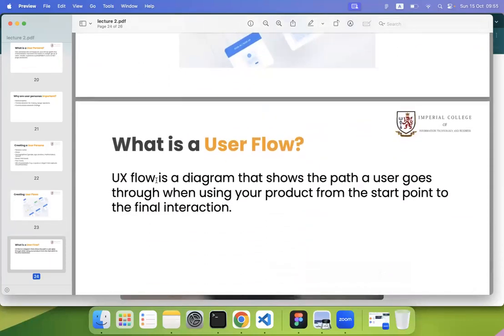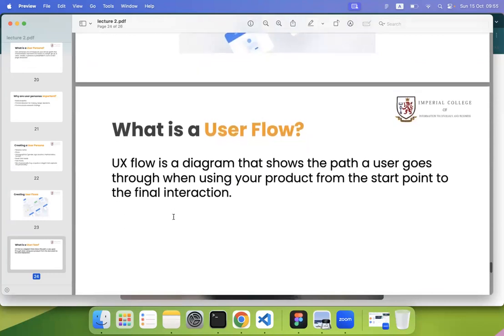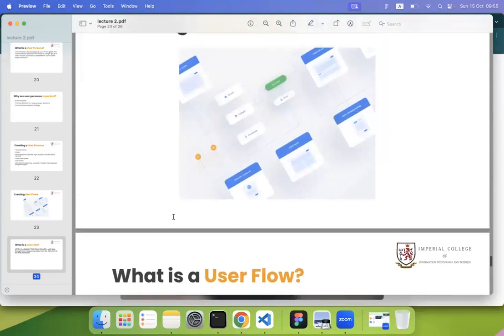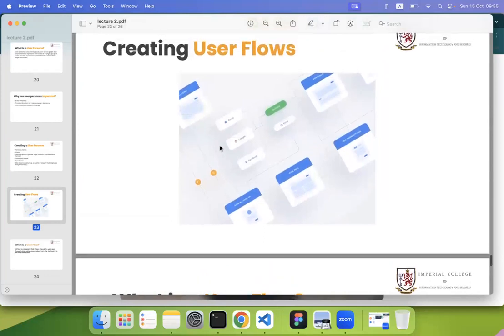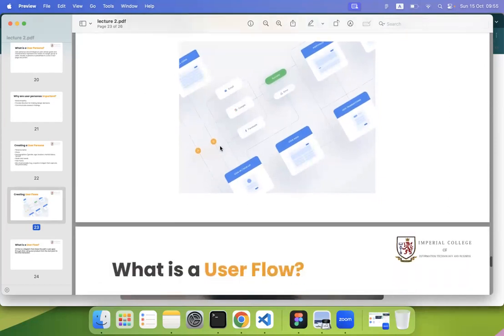A user flow, or UX flow, is a diagram that shows the path a user goes through when using a product from the start point to the final interaction. For example, let's say you are downloading Facebook for the first time. The user flow would be, you search the application on the Play Store or Apple App Store,